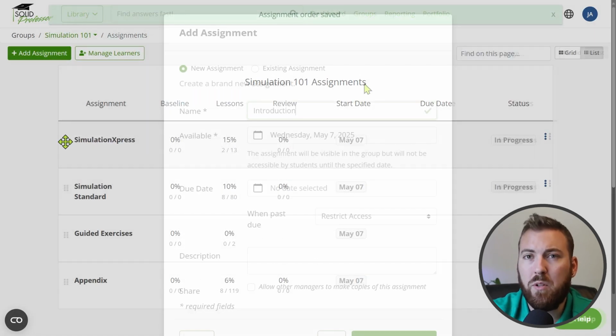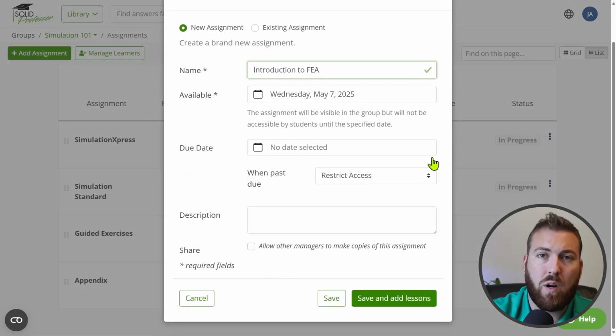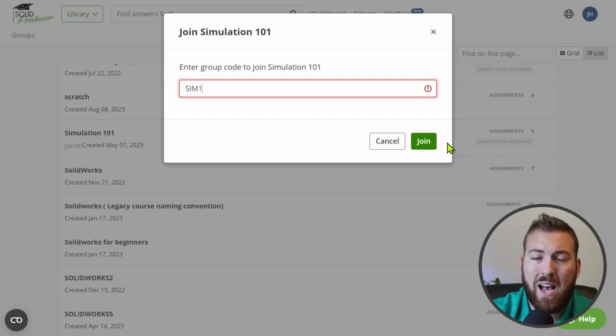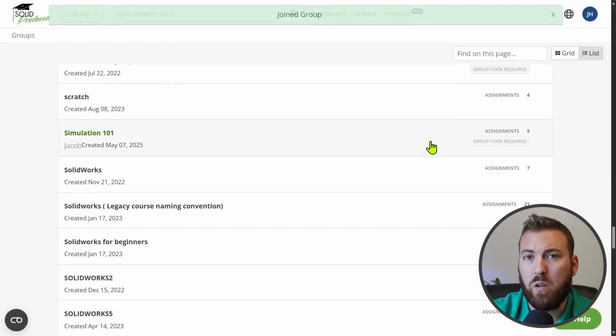If you choose to publish a group, it will become visible to the rest of your organization, and optionally you can include a group code, which is effectively a password they'll need in order to join the group. Implementing training programs through the use of custom groups and robust lesson plans is one of the most impactful ways to use SolidProfessor within an organization, and it should be one of the first things you do as a team